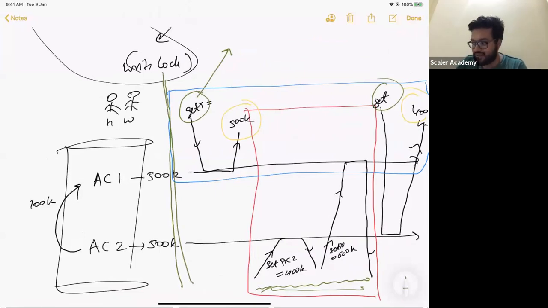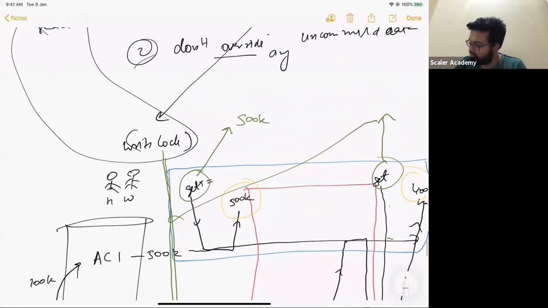So at this time interval, the X account 1 key value was 500K. And even when this get was happening at this time, this get will also return you the data which was present at this time, which was again 500K. So even when in between, your wife actually transferred some data, at least the husband will not die of a heart attack because he will still see the consistent state of being 500,000 plus 500,000. Does it make sense?